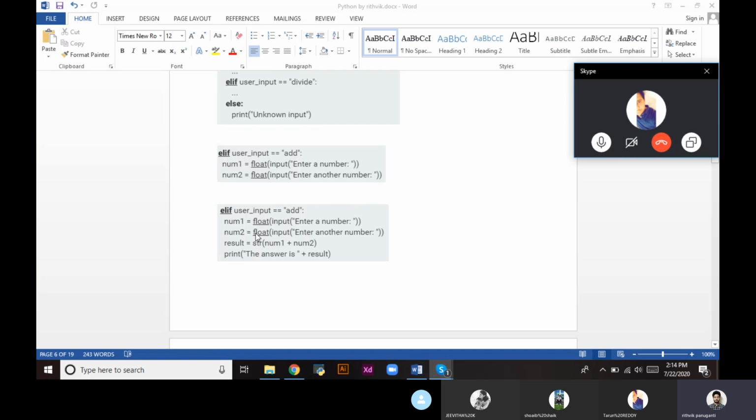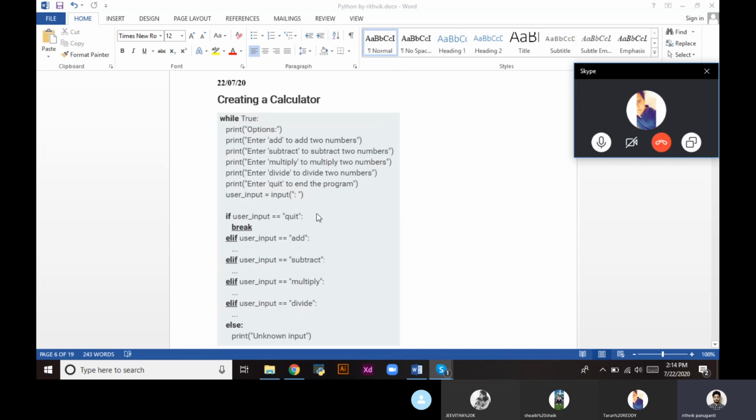While displaying the output, we calculate the sum of num1 plus num2 and store it in a variable result. In the print statement, the answer is plus result. So whatever value we got after the addition of num1 and num2 will be stored in the result variable, and this variable will be printed in the print statement. This is one of the applications of the loops we learned yesterday.